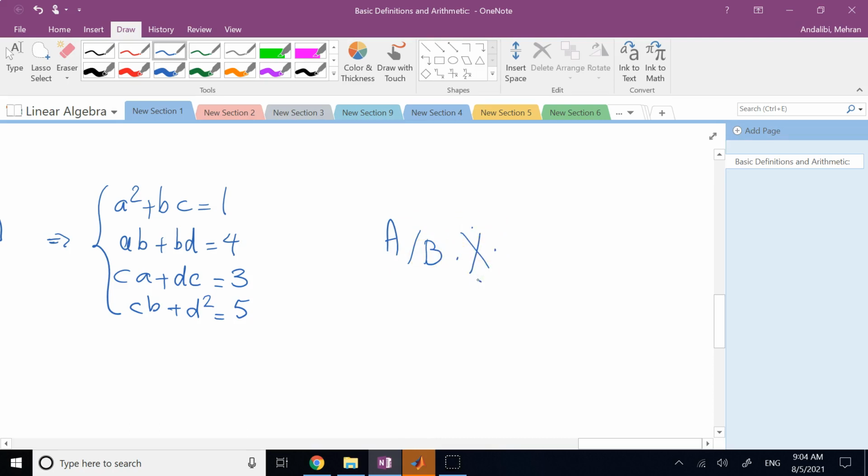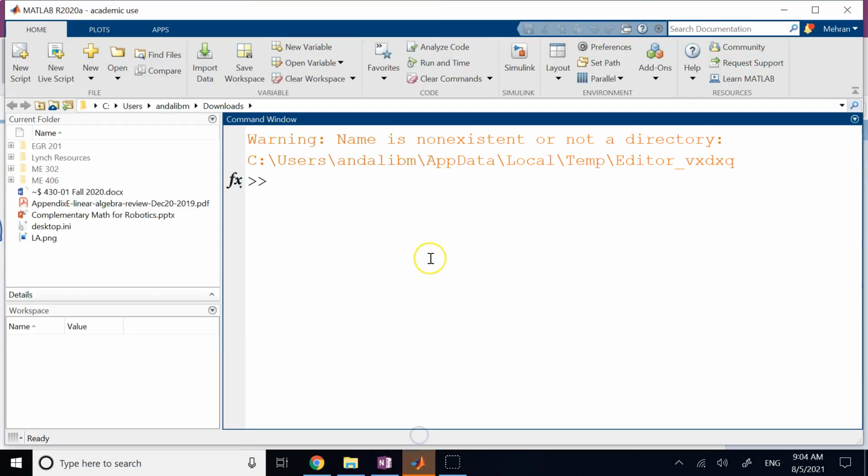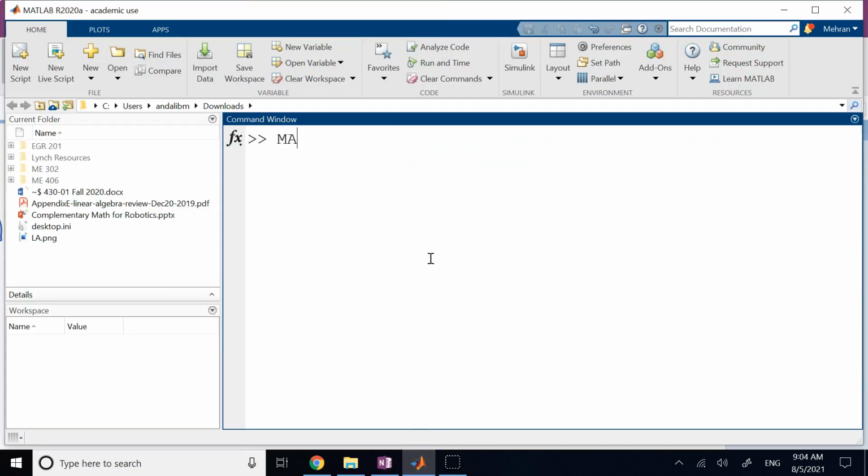But if you use MATLAB, and by the way, MATLAB is a very, very good software for matrices. As you know, the name MATLAB, when you say MATLAB, it is equal to matrix, and then laboratory. So this is the math part of it, and this is the lab. So it is really based on matrices. So it's very good to work with matrices, and when you want to work with it, you need to know